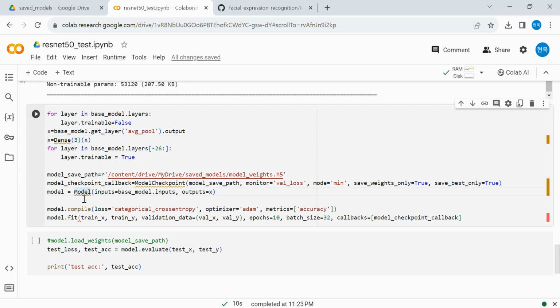So if you compile, this compile is same as earlier example. We will use categorical cross entropy for the loss function, and this loss function is a formula that calculates the validation loss, and there are many other loss functions, and your model performance depends on this loss function. And if you go into advanced deep learning courses, then you can learn about many other loss functions, some custom functions,